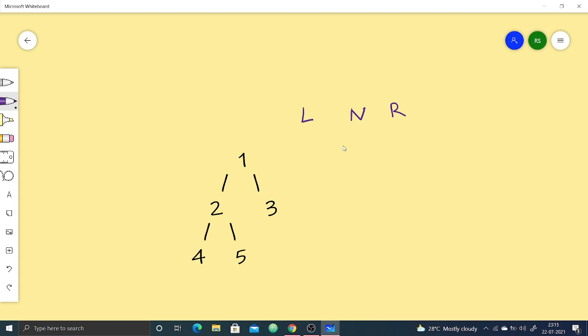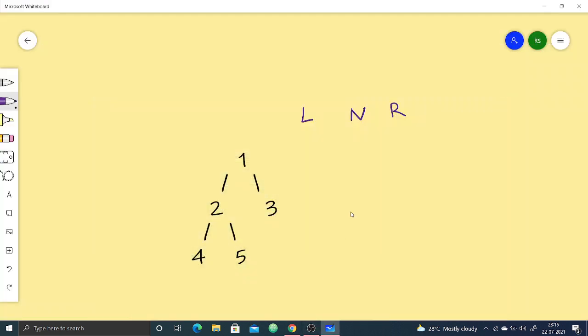So, for this given binary tree, using the same algorithm, let us see what would be its in order traversal. So, we are at this node. Now, we call for its left, and now the control goes to 2. We call for its left, the control goes to 4. Now, the left at 4 exists? No. Then we will simply print the node which is 4. Now, we will check for its right subtree. Right subtree exists? No. Then we will simply return the control and this is completed.